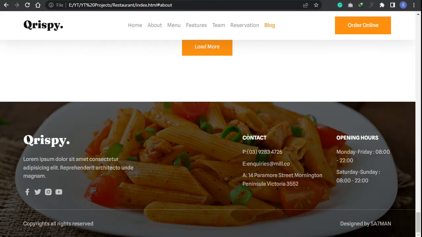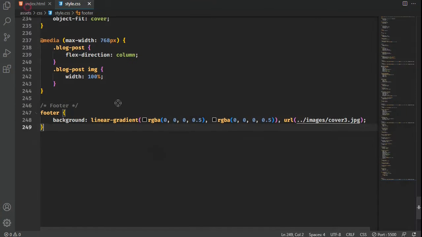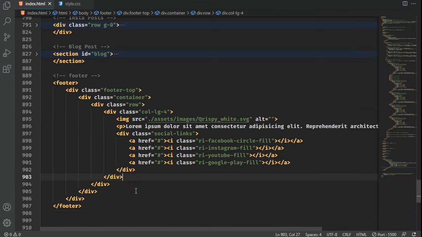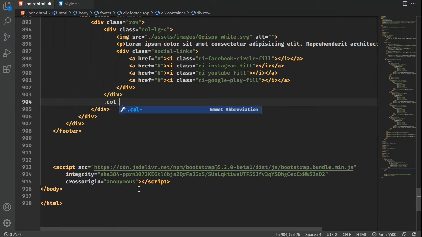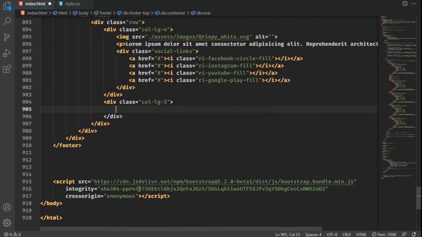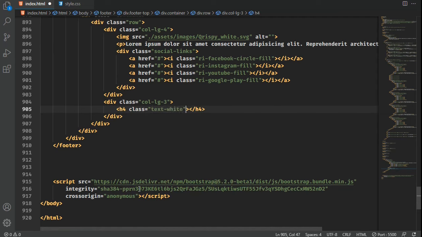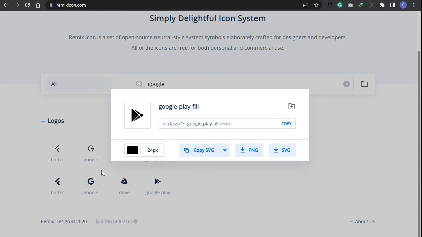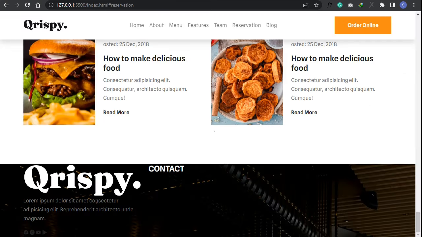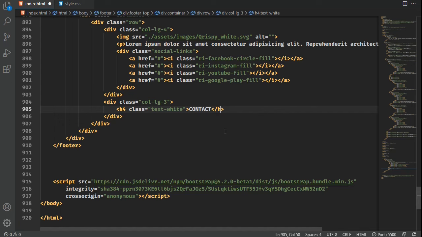Then on the next column, I'm gonna put the contact and opening hours. So I'm gonna type column LG, say 3. I'm gonna type H4. I'm gonna give a class text white. Okay, so this will be H4, H6, and